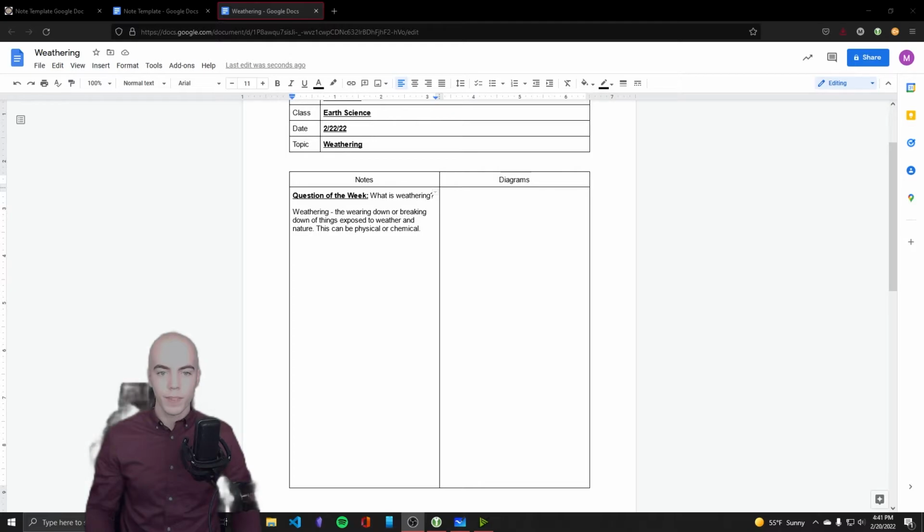But let's talk about weathering in general real quick. So weathering is wearing down or breaking down because it's exposed to weather and nature. Somebody name one thing that's not exposed to weather and nature. I'll wait. Some of you might be trying to say, oh, the inside of my house. Not really true. Give it enough time.